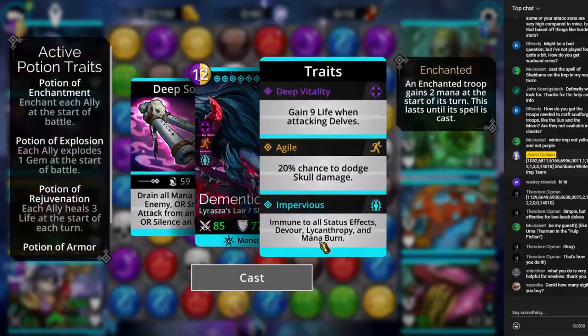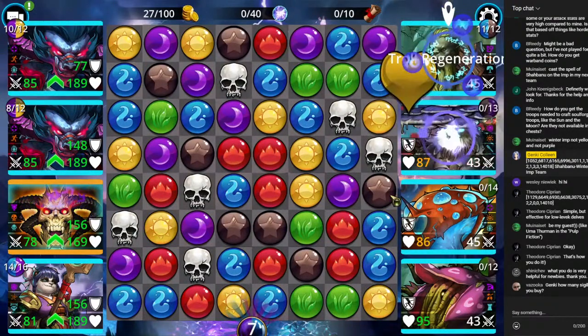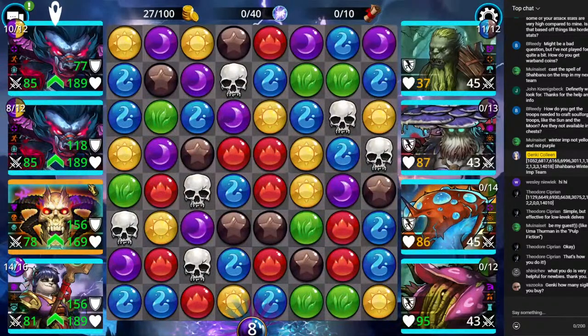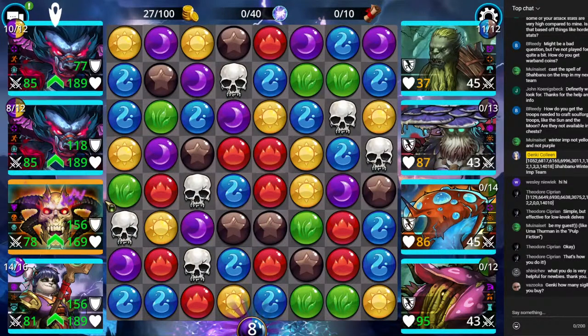Do we have skull damage reduction? No, but we do have dodge, so that's cool. Thank you for not transforming me. Wait. Could be I can't be transformed. I'm not sure whether transform spells will still take effect when you're immune to lycanthropy. It's not the same thing, so...